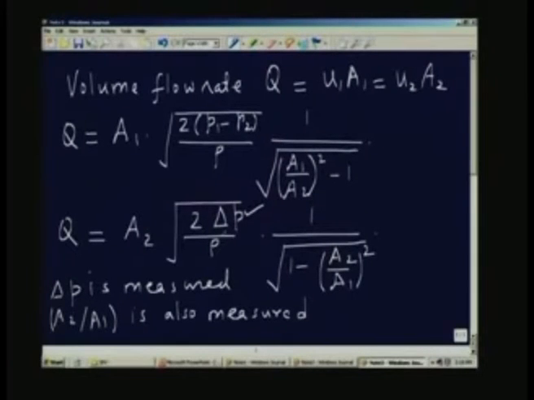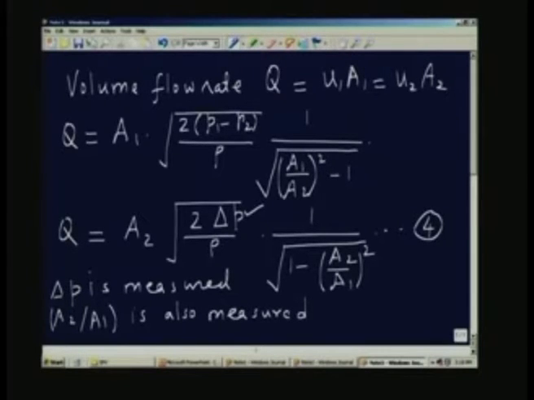Okay. So, I am going to basically use the measured pressure difference delta p and the value of A2 by A1, which characterizes the variable area device, and use this equation, which I will call equation number 4, as the basis for the measurement of the volumetric flow rate, assuming of course that the fluid is incompressible, or if the fluid is a gas, for example, the velocity is small compared to the speed of sound, such that the incompressibility assumption is valid. We have already seen this earlier in the case of the pitot tube.